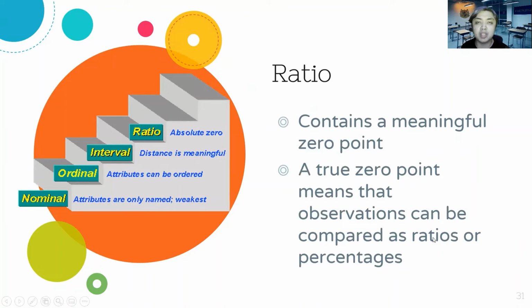For example, if you're using Celsius data for temperature, that is interval because 100 degrees Celsius is not twice as hot as 50 degrees Celsius. We cannot tell that because there is no fixed 0 point that can be the basis of the ratio or proportion of the two measurements. So hindi natin pwedeng sabihin na doble yung init niya kapag 100 degrees Celsius from 50 degrees Celsius. Pwede natin sabihin na nadagdagan siya ng 50 degrees, but we cannot say that it is twice, na double yung init